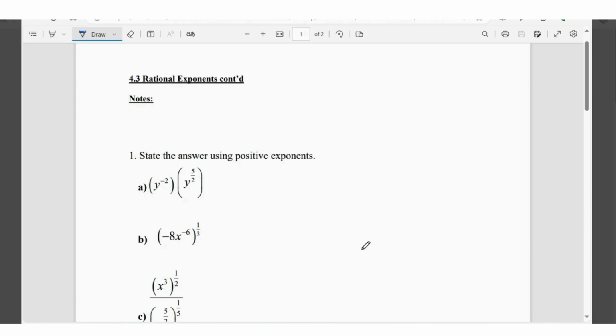Hello, everybody. Here we are, 4.3 continued rational exponents. Rational being a kind of fancy way to say decimals or fractions. And what I want for the notes today, or what I want you to think about for this section, is